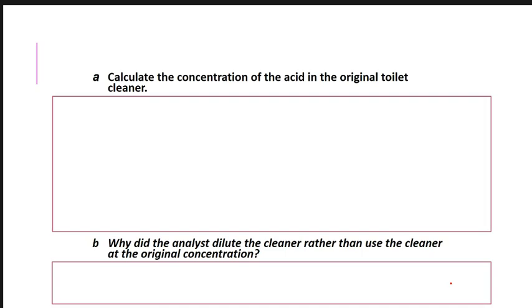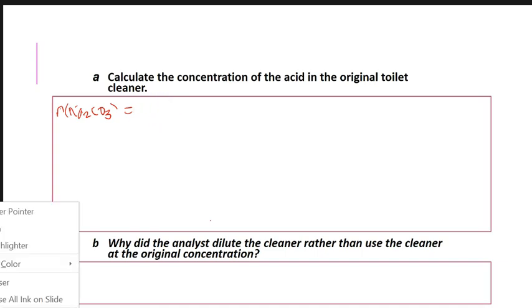Okay, so hopefully you had a go. So the first thing that we can do, because we have the volume and the concentration of the sodium carbonate, we can work out our n of Na2CO3, which is going to be 0.0562